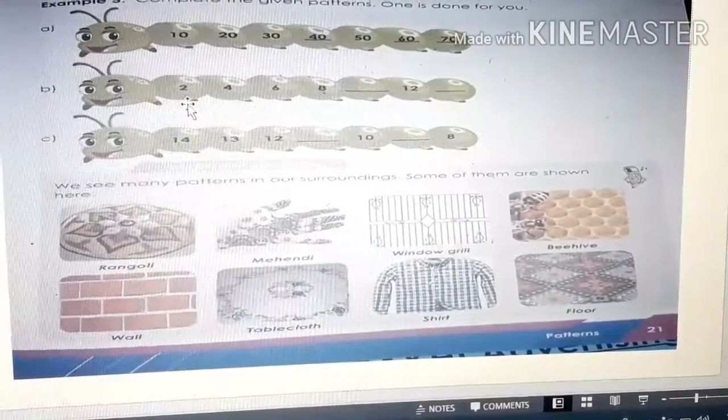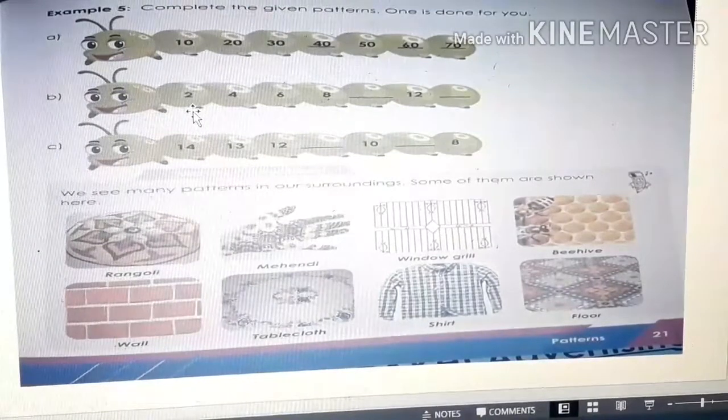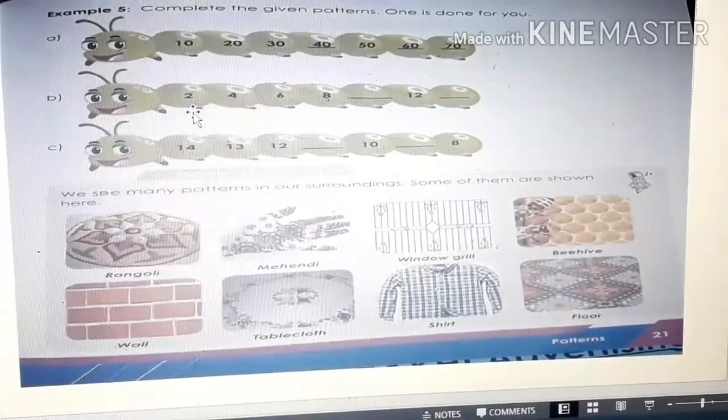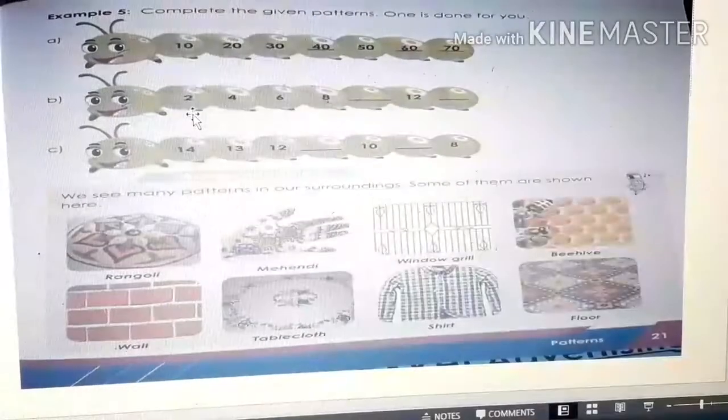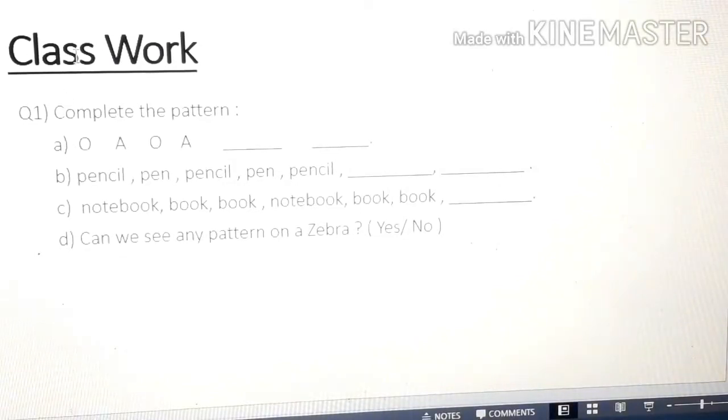Okay children? So today what did we study? We did some examples and also studied patterns in numbers. Okay? So what you do, children, is take out your copy and write down this classwork in your copy. Complete the pattern. You observe this pattern and do it. For this you have to draw a margin and write the date. Okay? So this is your classwork. Complete the work now. Thank you so much.